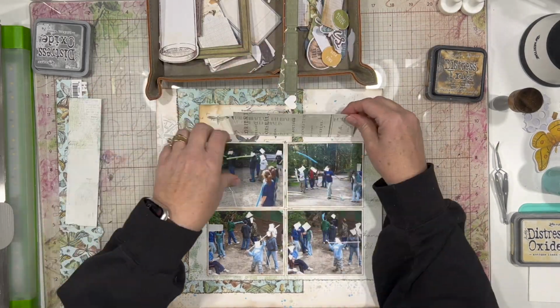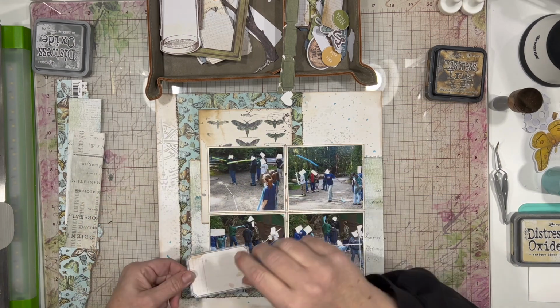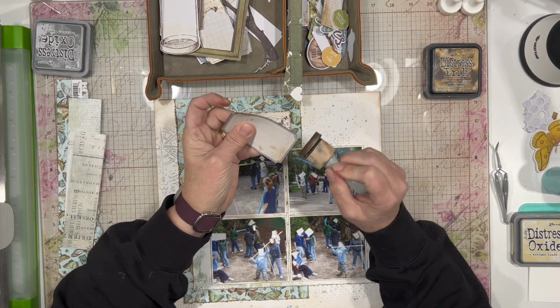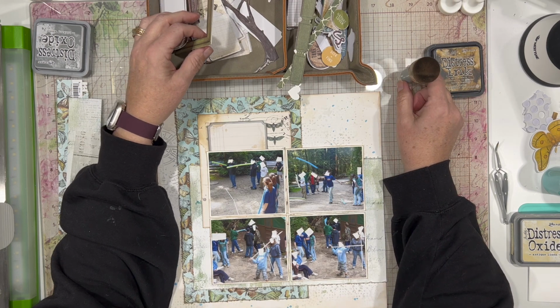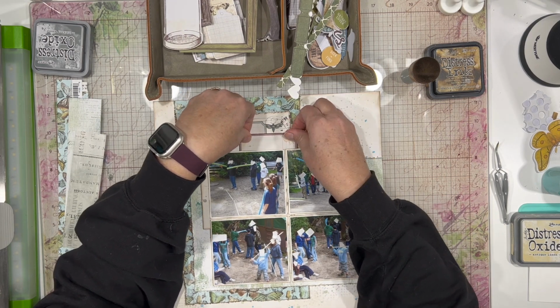And so just rubbing it off onto an area that's going to be covered by paper just works really well for me. Now I'm working on figuring out where to put my labels, and to build up a little bit of an area where I can do a little bit of journaling. These are just a continuation of photos that I've been working on all week long from this birthday camp out that